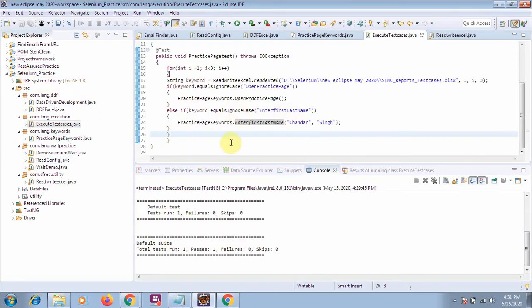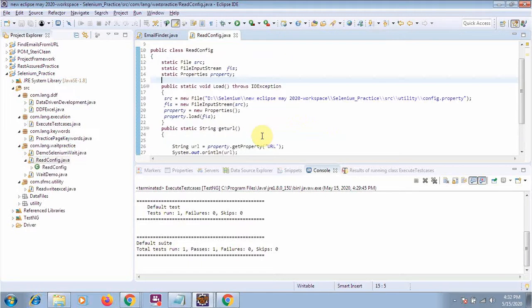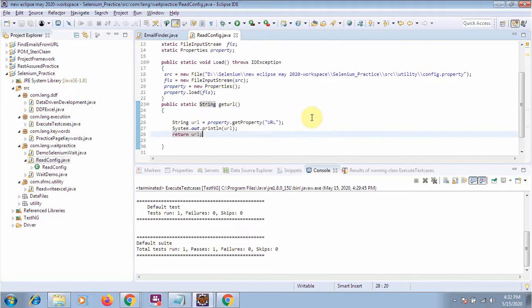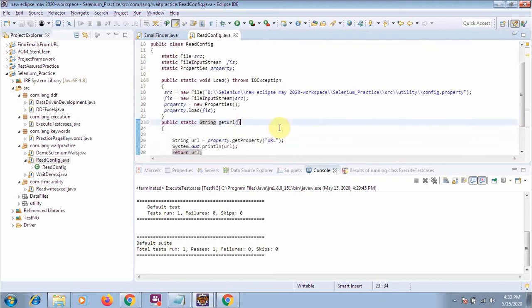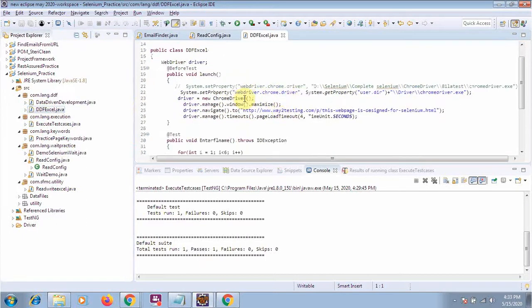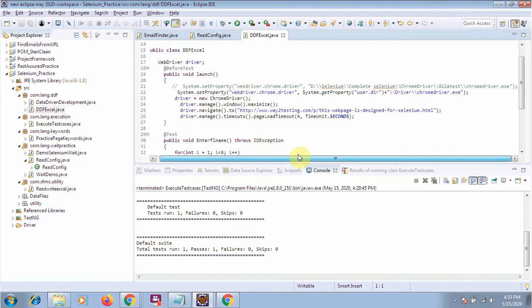Okay, so let me tell you one more thing, which is a config file, meaning the config.properties file, what it is, for what purpose we are using it, and how to read the config file, so that from the next tutorial you will be very familiar with the config file when we are creating the framework. So suppose in the previous session, we needed the XPath, or we needed to read the driver path, so we were taking it from some folder on our PC, all these things.